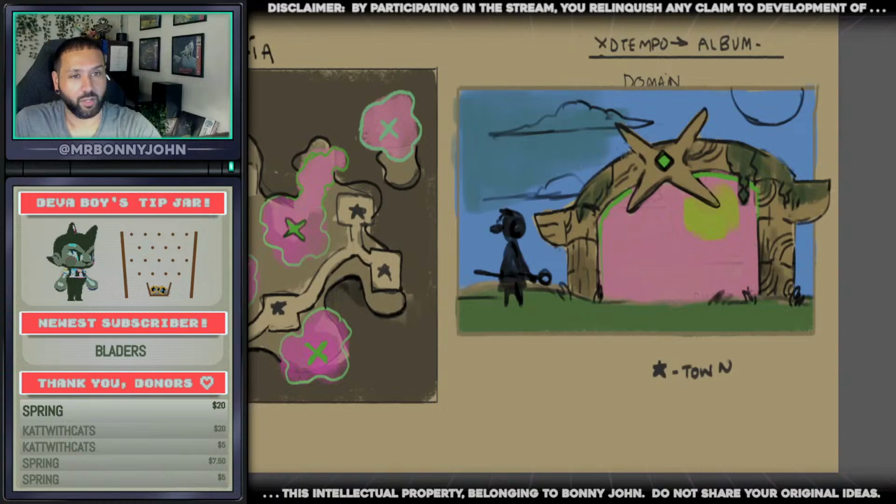It could be a moon in the other dimension. Maybe it's like a night and day situation, right? I just think it would be interesting with two suns. But yeah, that's probably a stronger visual. But yeah, having these kind of portals that take you to the Zotempo domain, it would really